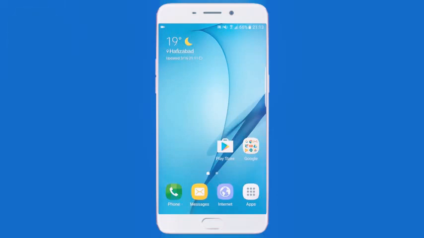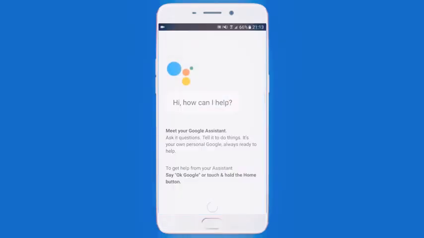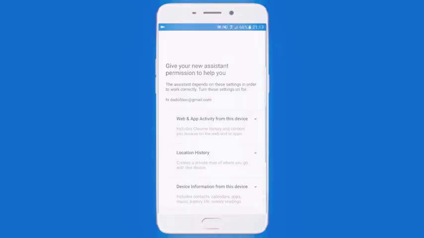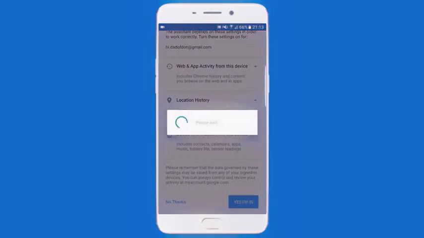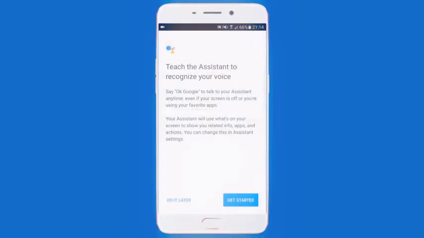Now all you need to do is simply tap and hold the home button. Doing so will show you a pop-up asking you to get started with Google Assistant on your Android phone. So now you can just tap on the home button to ask Google Assistant for the nearest coffee shop. It can read your text messages and also tell you the weather. If you are getting bored, it can play music for you. In many aspects, it's like Google Now. So you have got Google Assistant on your phone.